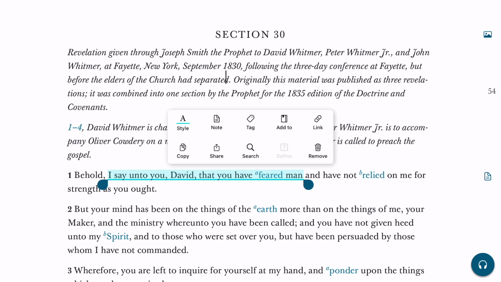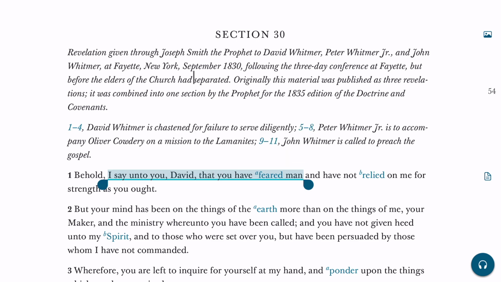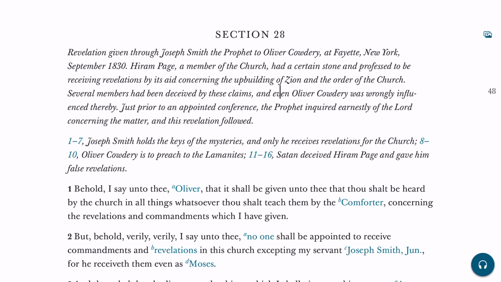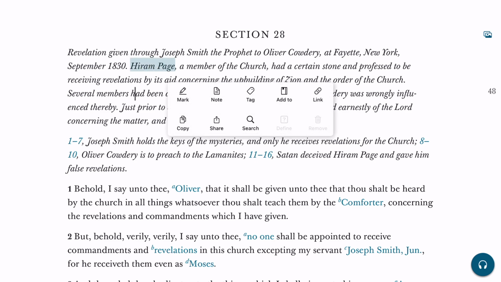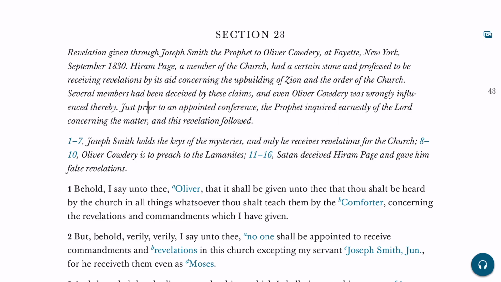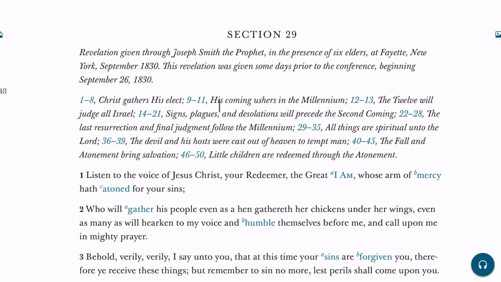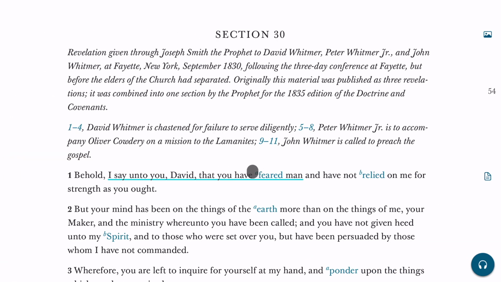Because we're talking about Hiram Page here, I remember that Hiram Page in section 28 was actually, he brought up, that's when they brought up like the seer stone, and he was thinking that he had revelations and whatnot. And that's probably where my tag came from. But I want to remember that David feared man, that he actually was fearing Hiram Page. So I'm going to link